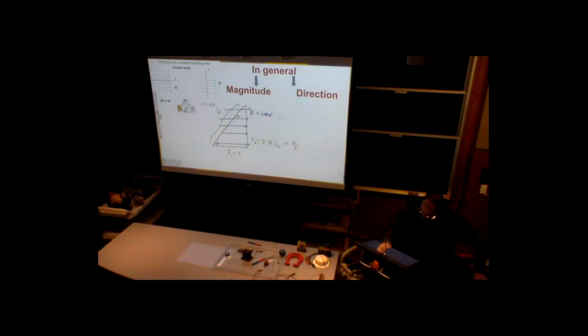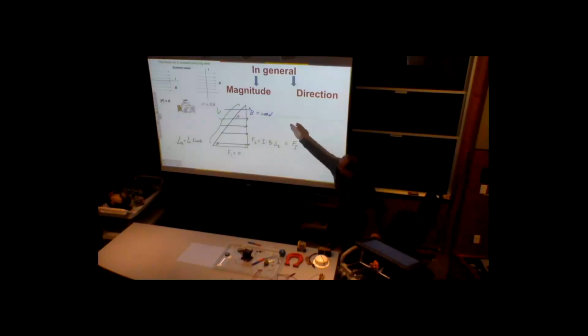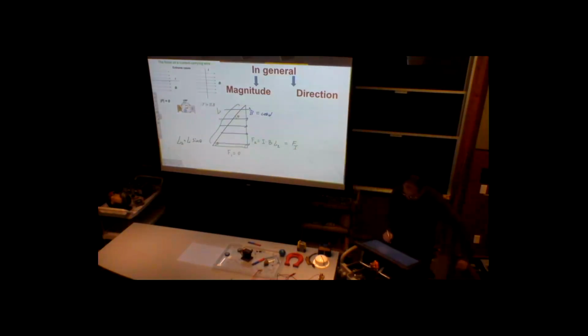So what do I get? L2, that side vertical, should be equal to the hypotenuse times the sine of the angle between the wire and magnetic field, because this side is opposite to the angle. So the result is